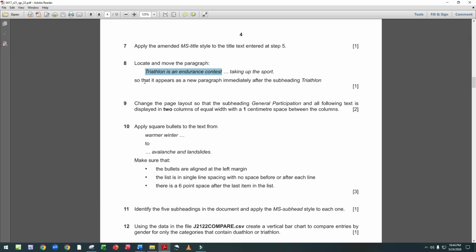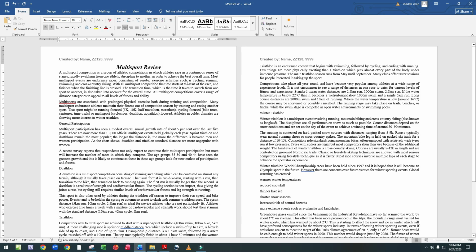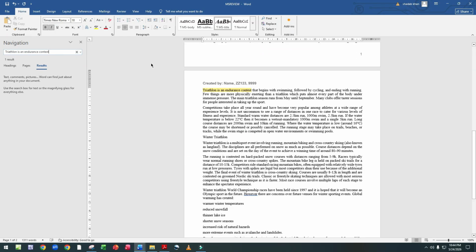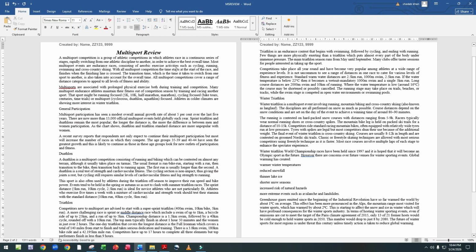Open the file, do Control F, find this paragraph. Triathlon is an endurance contest to talk up the sport.